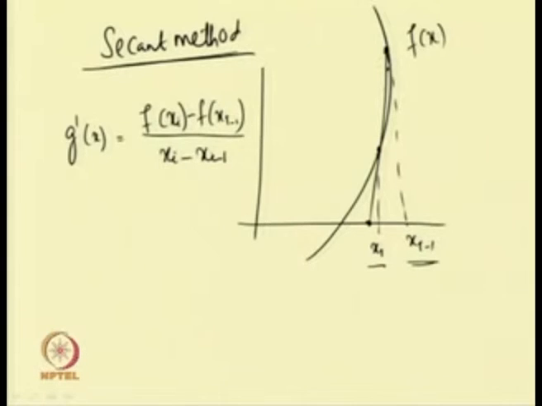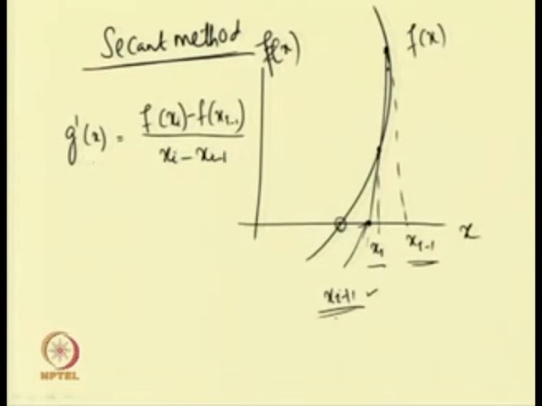So, we have joined this by a straight line, and where it is intersecting this x axis, this is the x axis and this is our f x, it is intersecting at this point, that is our x I plus 1. But actually we have to find this point, this is the solution. To find this point, we have started with x I minus 1 and x I, 2 points we have taken. Then we have made a straight line which is intersecting the x axis at x I plus 1. So, our objective is to find this x I plus 1. To find that, we can proceed this way.